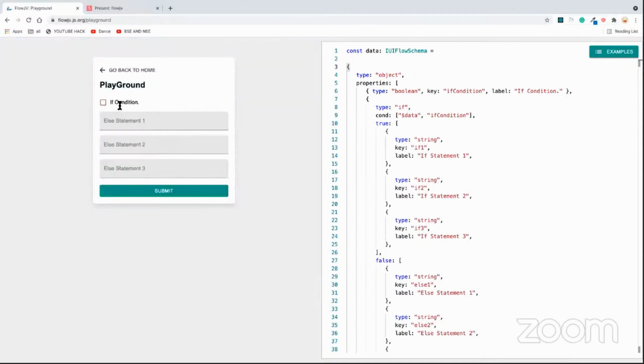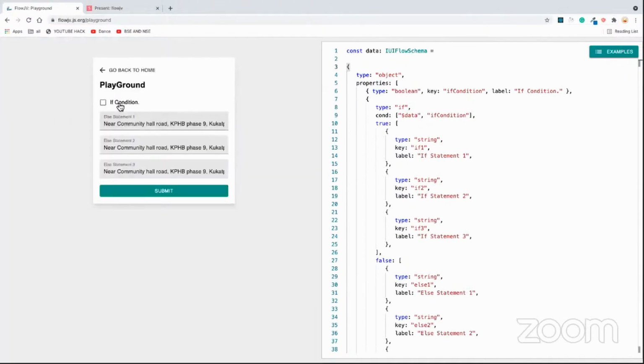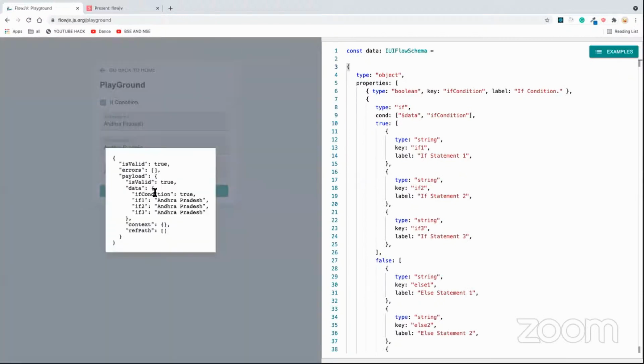Now, if I enter an else condition with some other data and submit it, I'm only going to get the else data. Now, if I toggle back to the previous data, that data is also going to be persisted. Even if you go with different conditions, the data is always going to be present, but at the time of submission there is going to be a step called normalization, where all the rest of the data that you're not trying to collect using this schema is going to be ignored.